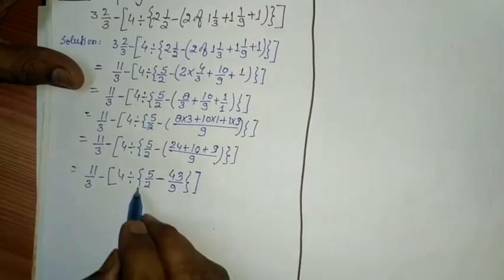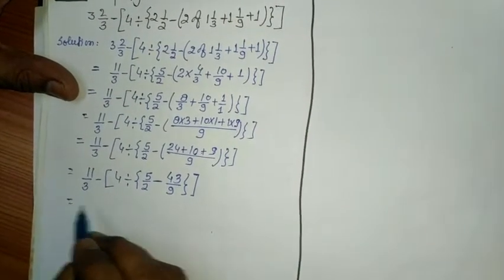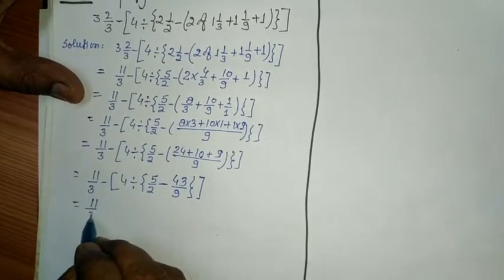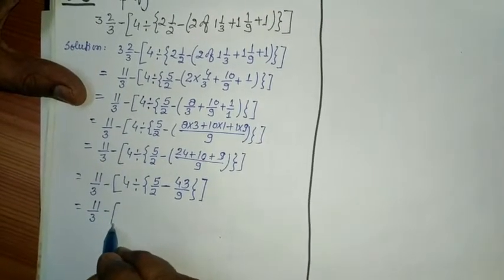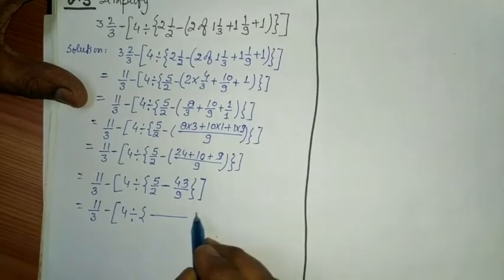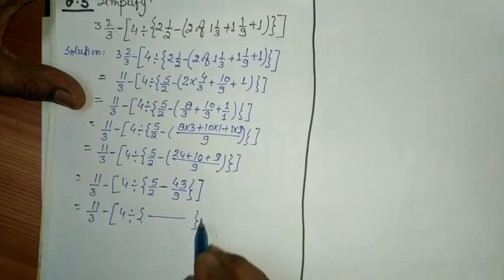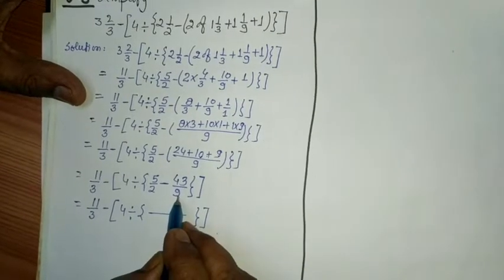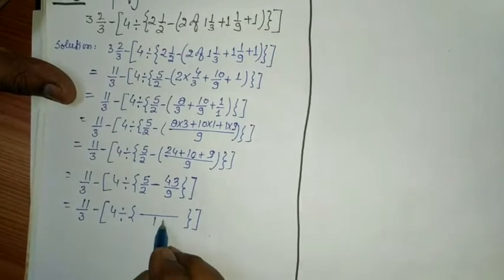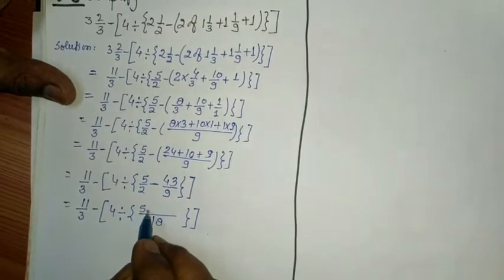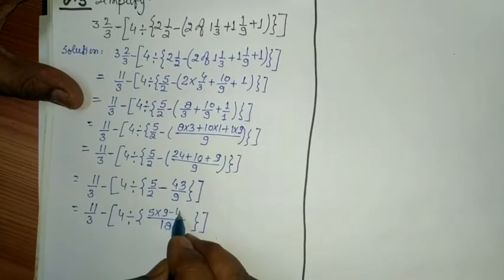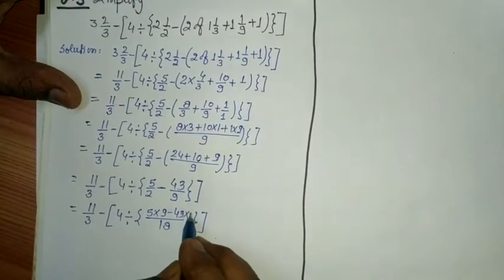Now we solve the curly bracket with the same method, taking LCM of 2 and 9, 9 twos are 18. 5 multiply by 9 minus 43 into 2